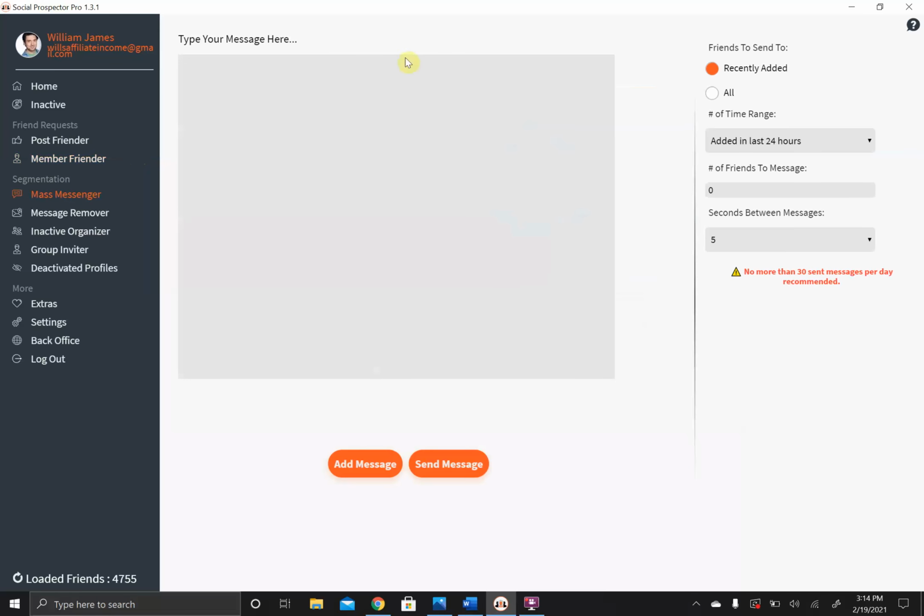It of course has a mass messenger function, and what I like about this is that you can set the time range of people who have been added in the last 24 hours, the last 7 days, 2 weeks, 1 month, and 3 months to message. So basically what this allows you to do is, if you are adding a lot of people every day and you want to send out a message introducing yourself, which you should be doing,